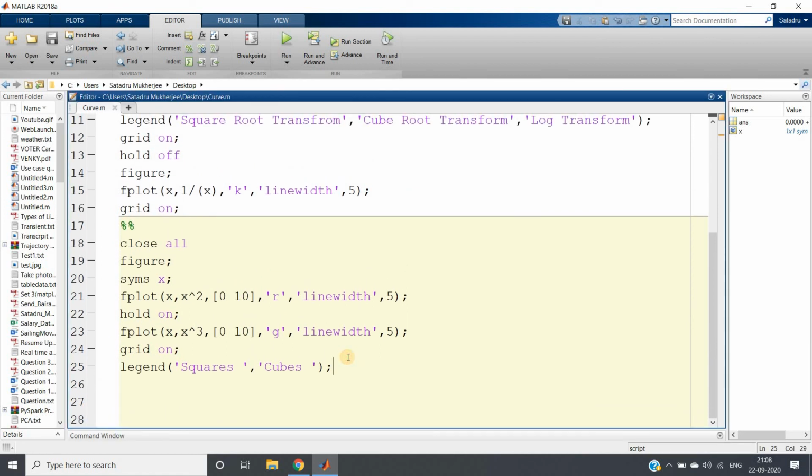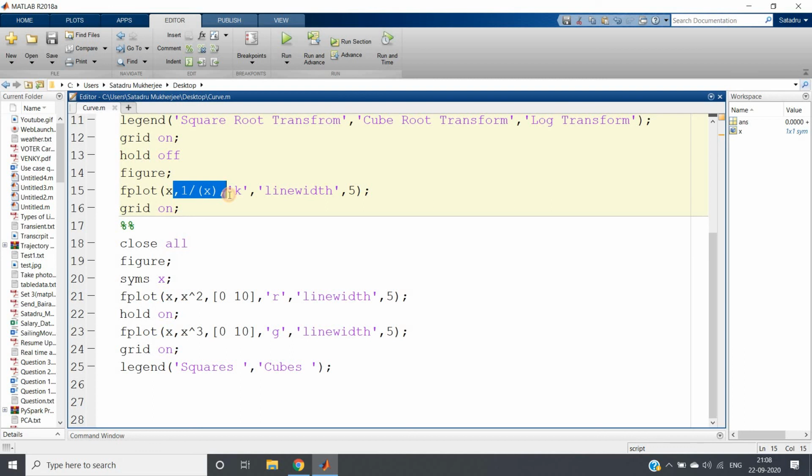Not all transformations are applicable everywhere. For each transformation there are some advantages and some disadvantages. Like we have seen, log transformation is very useful, and most of the time in data science projects we use log transformation only. But the biggest disadvantage of log transformation is that it works only for positive values, neither for zero nor for negative values, although it is very strong. Cube root is weaker than log and stronger than square root, and it perfectly works for zero, negative and positive values. Square root is weaker than log and cube root, and it is only able to handle positive values and zero, not negative values, because for negative we get an imaginary number, right?